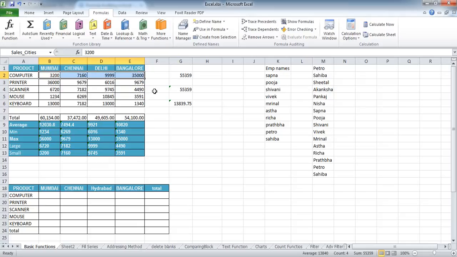Now this is something which is very highly desirable for us, like we discussed before. If we don't want to refer to our ranges repeatedly by their corresponding ranges in Excel, say I don't want to refer to my range as B2 to E2 always, it is always preferable to give it a name and use it like this in the Excel sheet. So this is all about using a sales cities range which we built in an Excel formula.